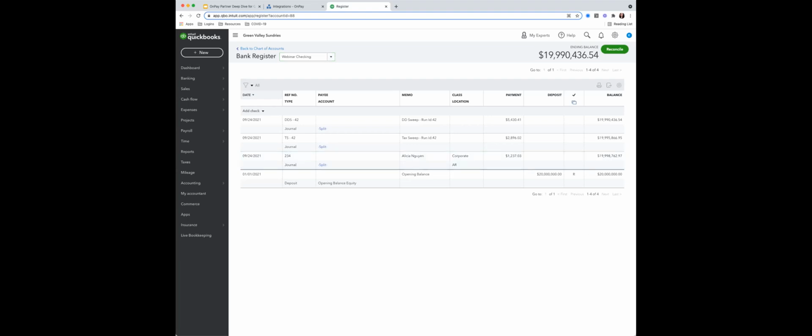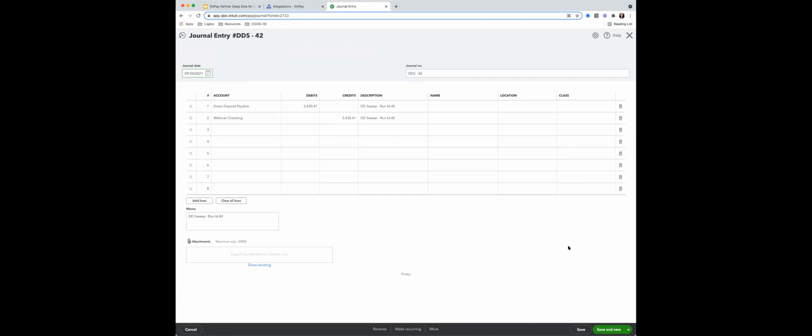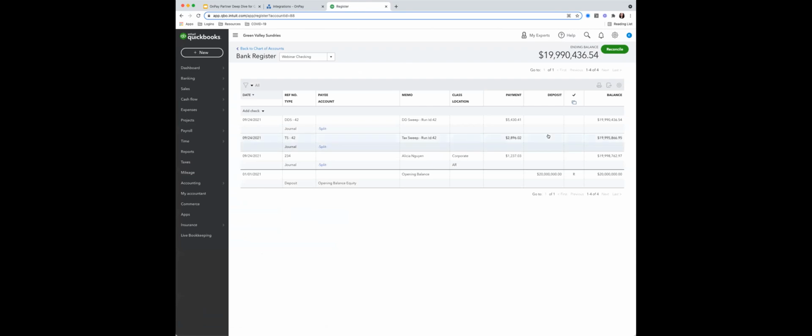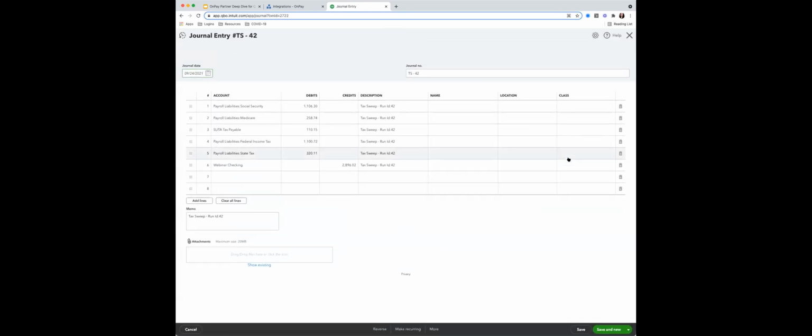And Kara, if you want to just click into the DD sweep so we can see how that looks at a higher level. Again, this was just the total amount of direct deposit that hit the company bank account, and we were just taking it from the payable account and posting it to that checking account so it matches our transactions. Just want to make it as simple as possible for you guys to reconcile when those bank feeds come in.